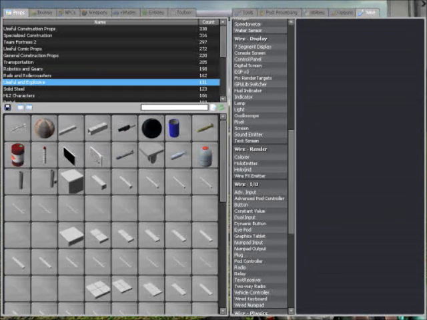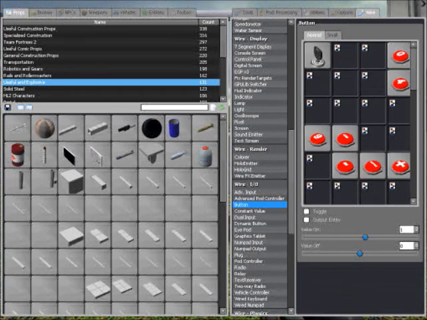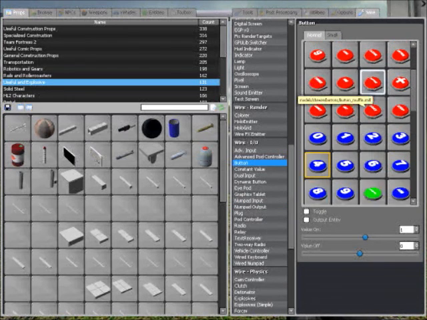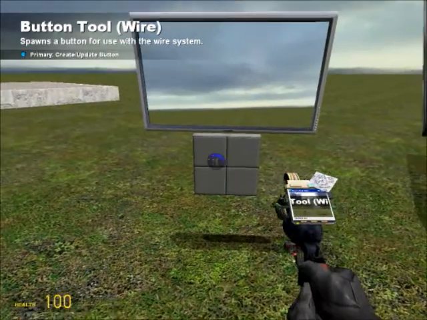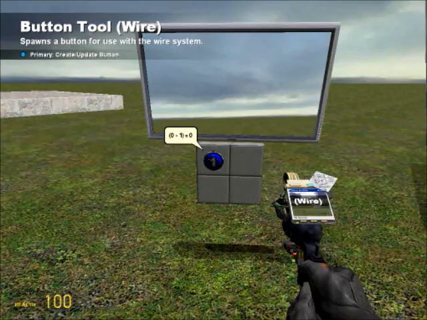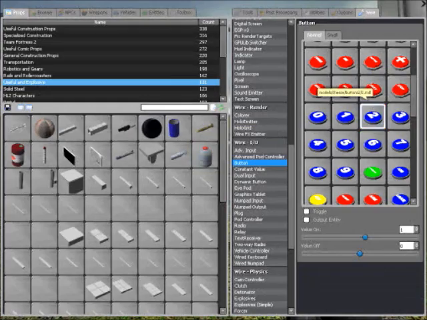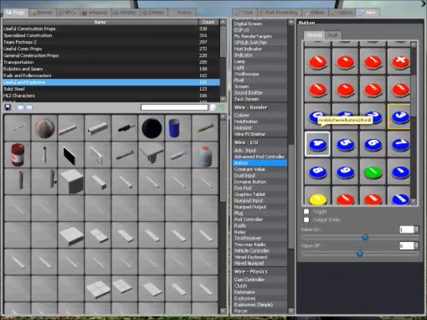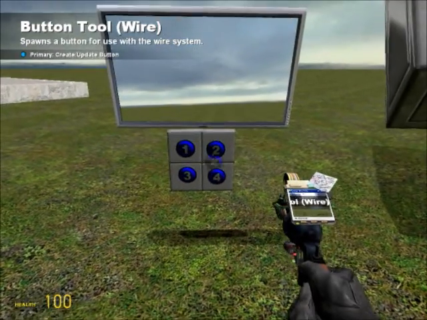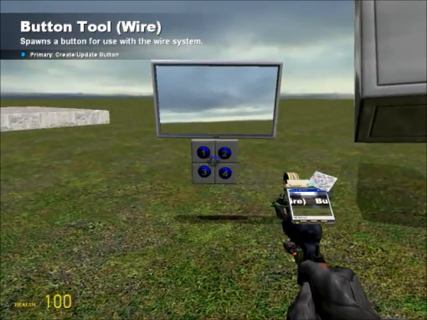So you go to button, and then I advise you to use the blue buttons because they're bigger and they're better for what we're using. So you take a 1, you put it over here, you take a 2, you put it next to it, a 3, you put it right over there, a 4 right here, and now we're going to use another thing